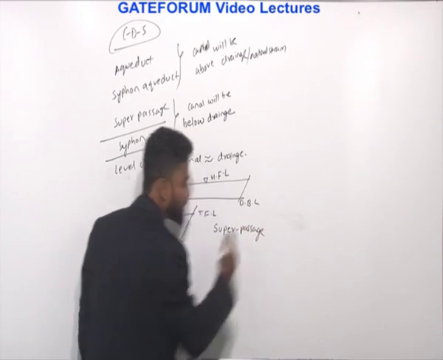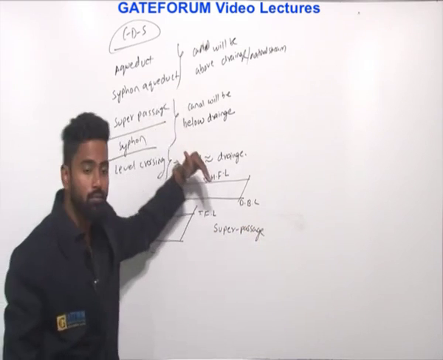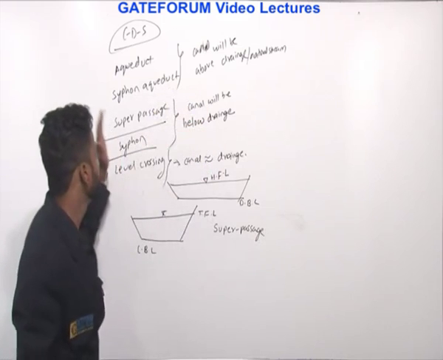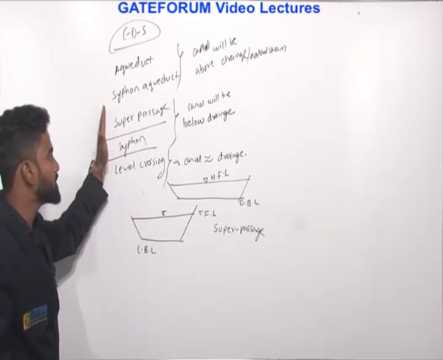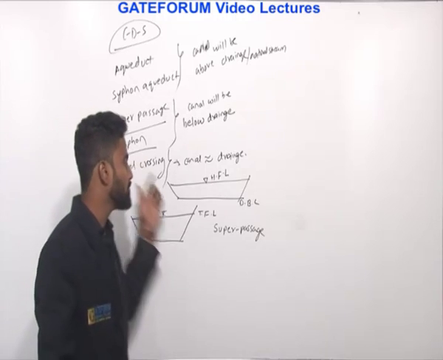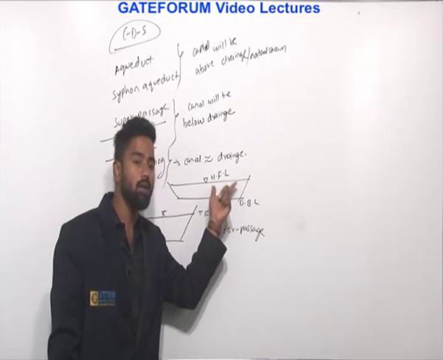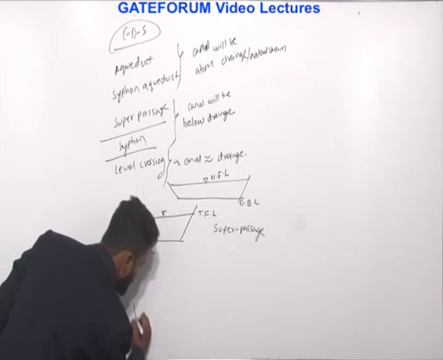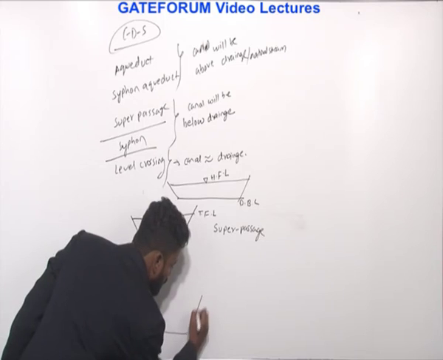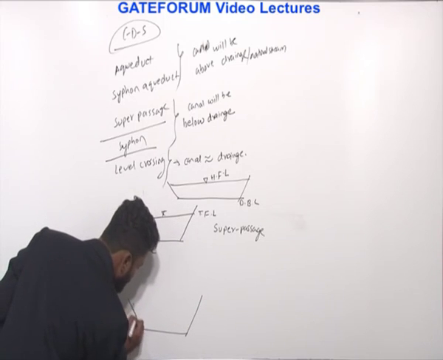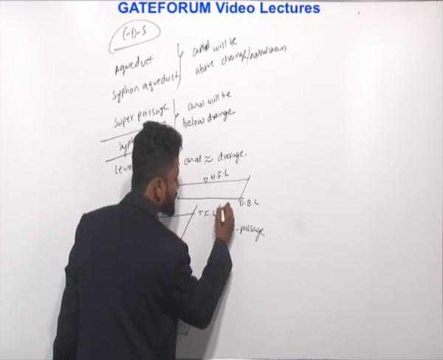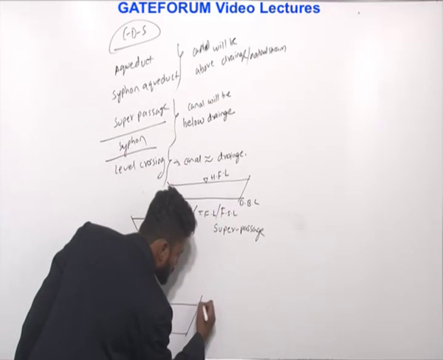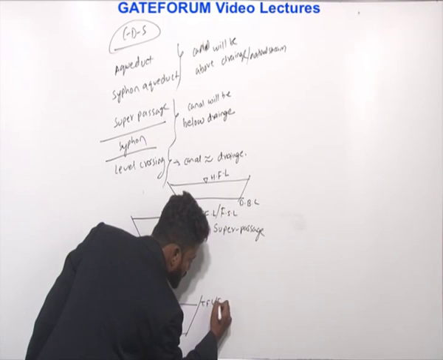passage. So first you have to see whether canal is flowing below or drainage is flowing below. Here canal is flowing below the drainage, so it would be either of these two things, super passage or siphon. And after that you have to read the question whether drainage bed level is above TFL or below TFL. If it is below TFL, that means if this is total flood level, or sometimes you'll call this as FSL also, full supply level or total flood level, both mean same. So this is total flood level or full supply level,